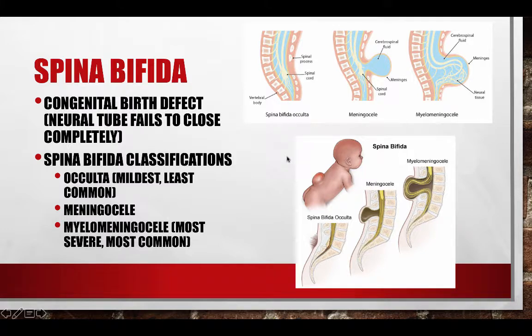Well, there are 3 different classifications of spina bifida, and this is where the spinal cord is just not being as protected as needed. So something within the development of the fetus has gone wrong. Occulta is the mildest form of spina bifida, and it is actually the least common. And here, the last bone of the vertebrae, which usually happens within the lumbar area, doesn't fully develop, and you'll see usually a dark patch of hair, and the body's producing this hair to provide just